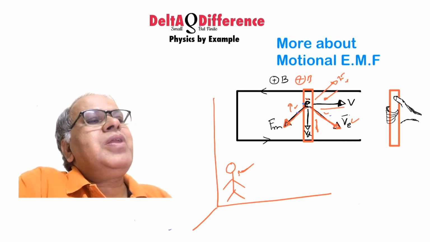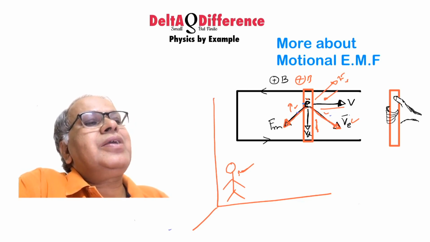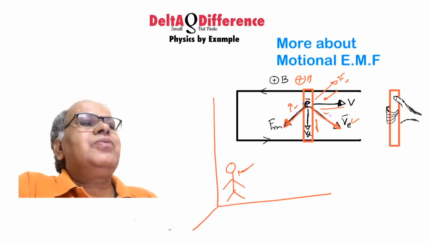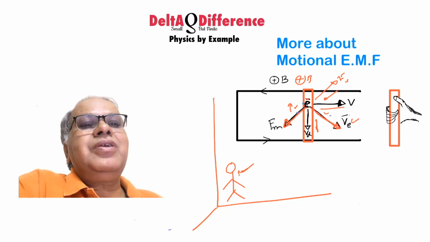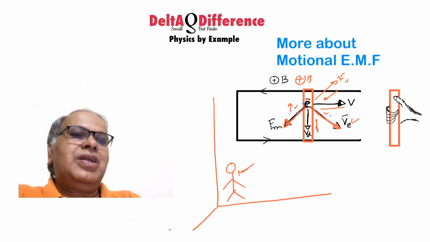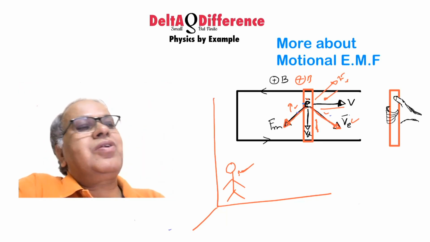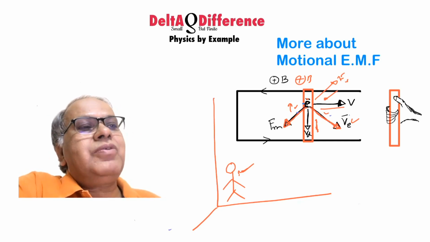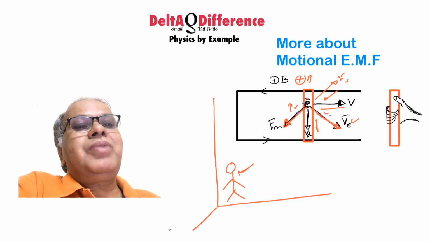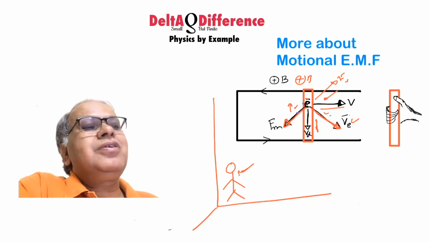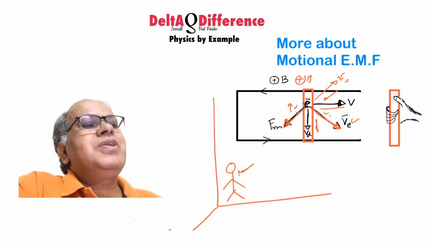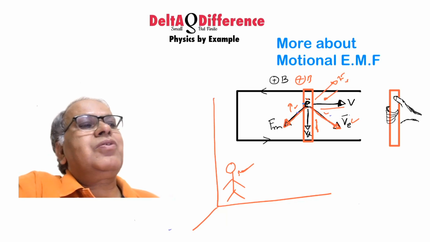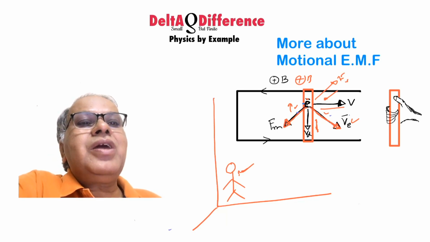Now, what do you mean by force of magnetic field acting like this? It is trying to take the electron out of the rod. Of course, it won't succeed. It's not that high to just kick the electron out of the rod anyway. But when this electron is being pulled out, the electron applies force on the material of the rod, the remaining crystal structure of the rod. Isn't it so? That means as this magnetic field is trying to take out the electron, it is also slowing down the motion of the rod.